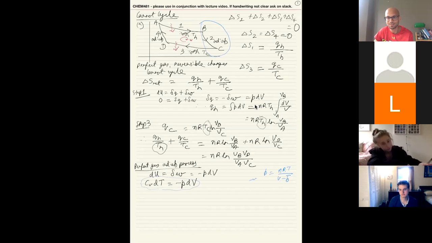On the other hand, if you don't use this relation, I don't think you will make much progress in this problem. So why is it okay to use this relation that du is equal to cv dt during adiabatic change for such an equation of state? How can we justify that? Any ideas? You all took the midterm, so you have thought long and hard about it. Is B defined as a constant? Let's make your life easy. B is constant.